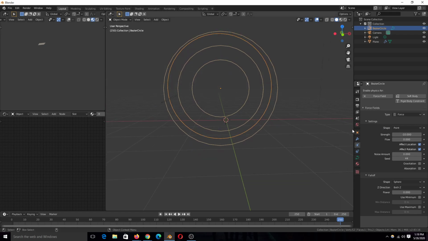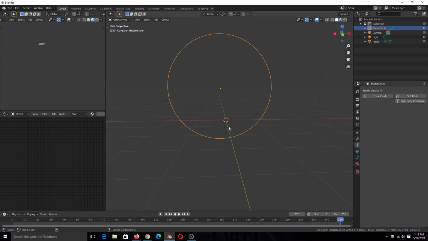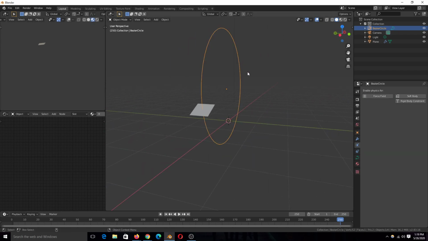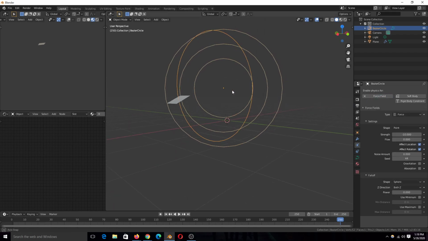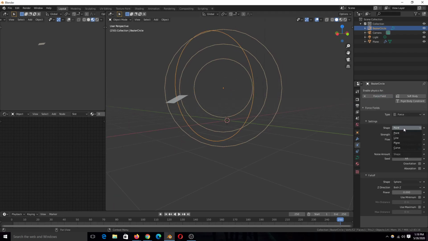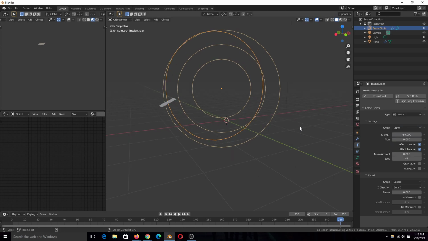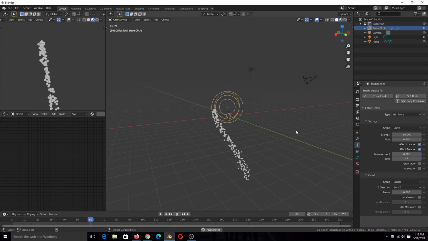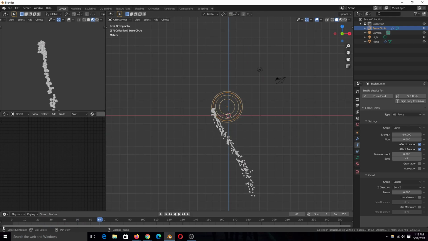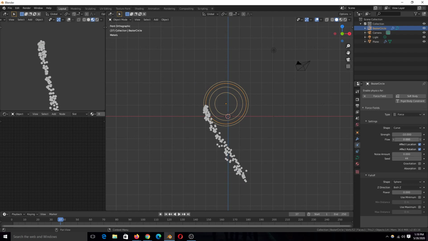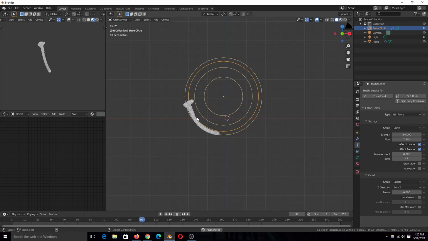Remember, our object here, our curve, is also the force. If I delete this force field, you can see this is still our curve object, and if I bring it back, you can see it becomes the force. So you want to change the shape from point to curve, so that this follows the curve. Right now it's trying to, as you can see, it's bending a bit, but because of gravity, it's not able to maintain that direction. So what you have to do is increase your flow here, which will increase the strength and pull the particles more towards the curve. And right now they're stopping there